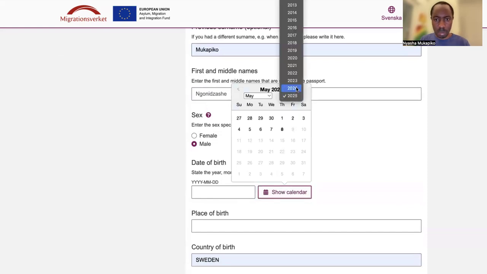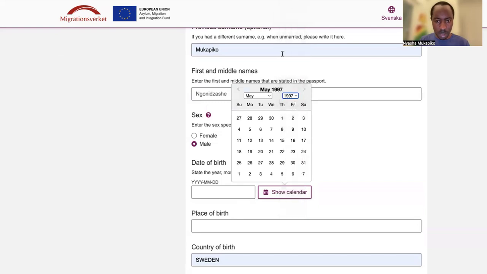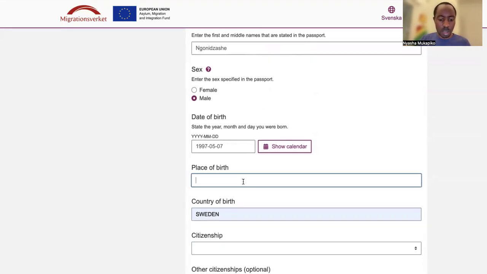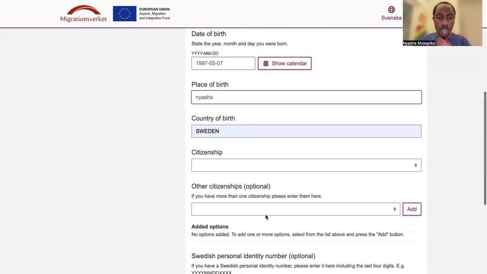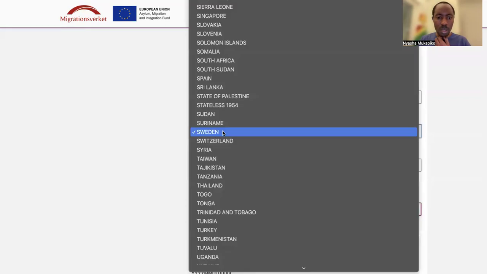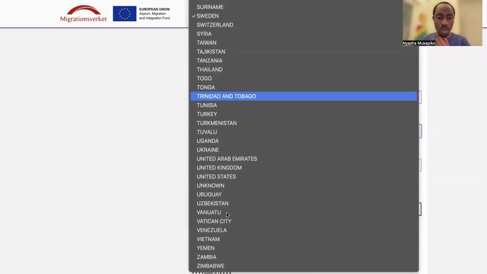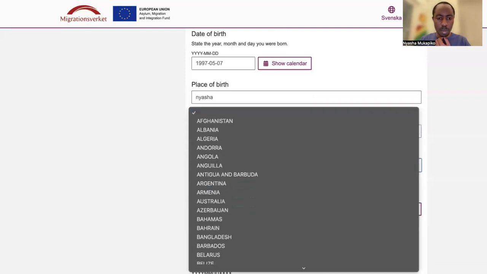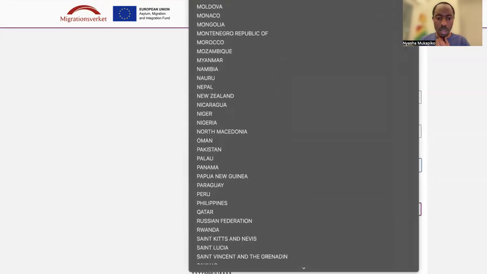Then you put your date of birth here. Then I'll just simply do this and say 1997, which is not my date of birth, but then place of birth, then where you were born, just simply type where you were born, then country of birth, and Zimbabwe, which is last here, then citizenship is also Zimbabwe again.